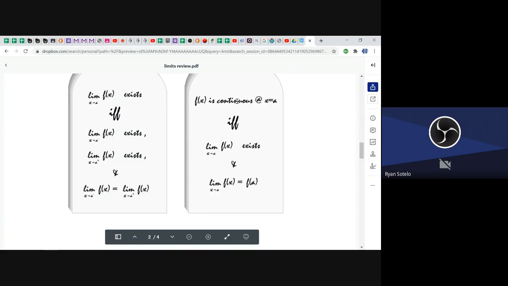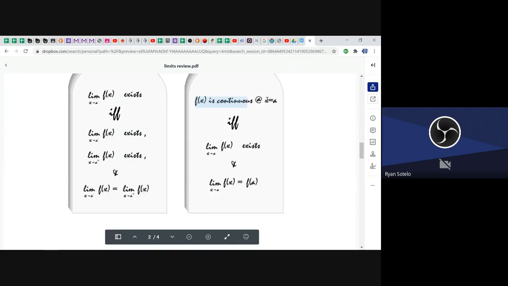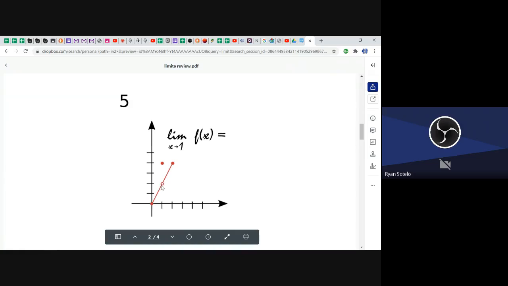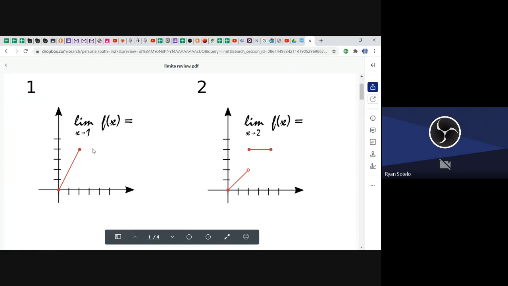The definition of continuity: the function is continuous at the point x if and only if the two-sided limit exists, so they both agree, and the function actually is what the limit is. So this one was not continuous. The limit did exist, but it doesn't equal what the function equals. So it's discontinuous there as a whole. This one's the same, discontinuous. This one's continuous. This one's discontinuous, and that one here was continuous.